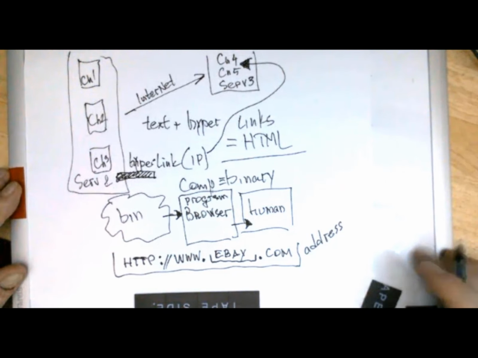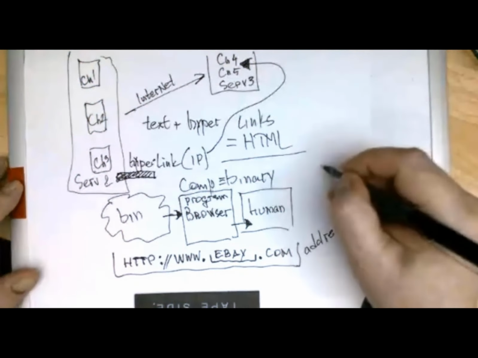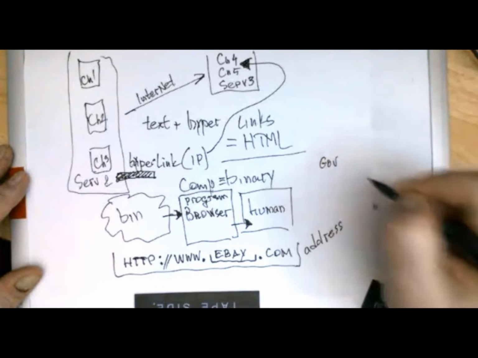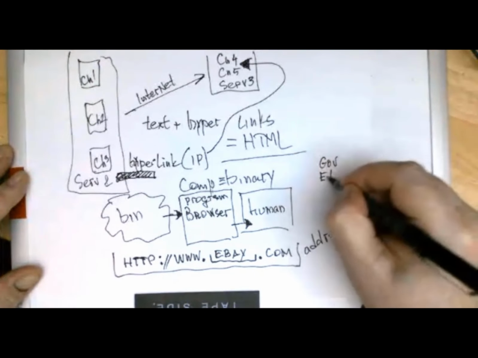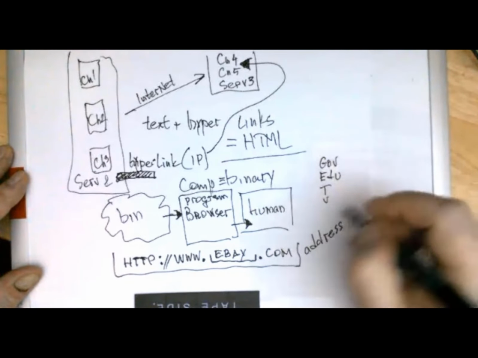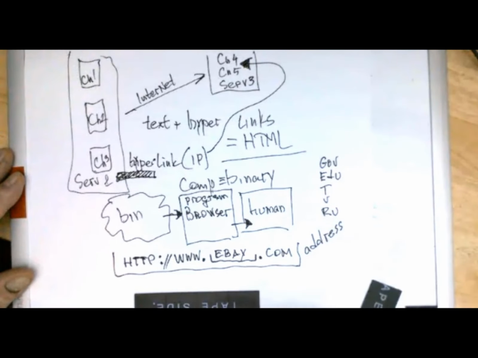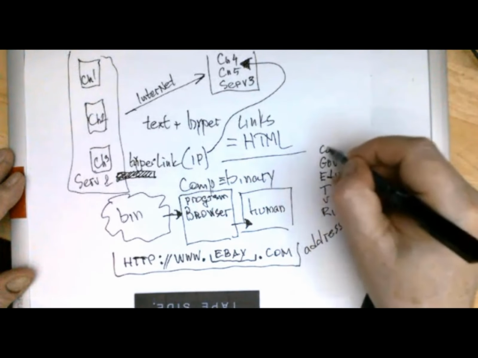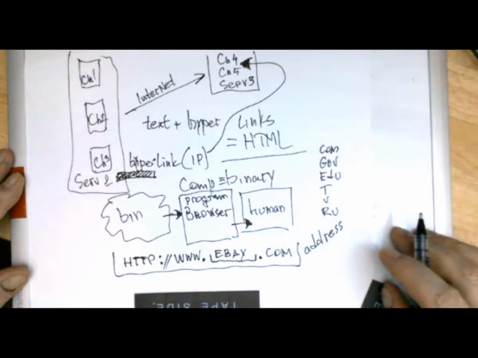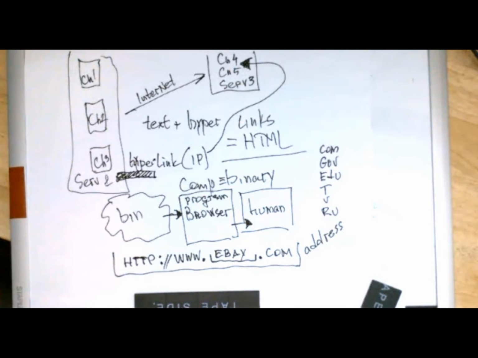Web address. Now extensions could be very different: governmental, educational, TV, ru for Russia, and so on and so on. But the most common is commercial. Okay? So now, folks, what we do have,